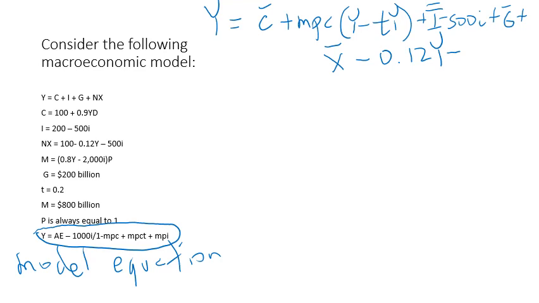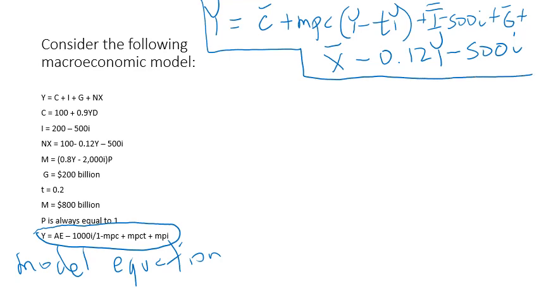And there's another term which negatively links the interest rate to net export, and that's negative 500I. Okay, so this is our starting point,